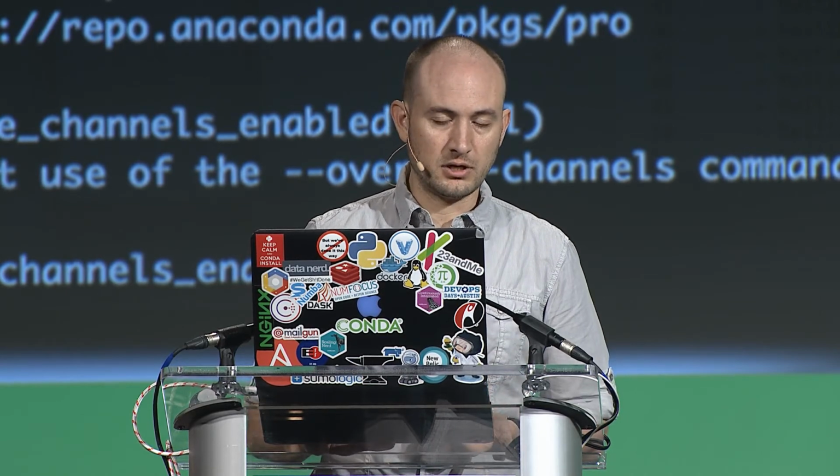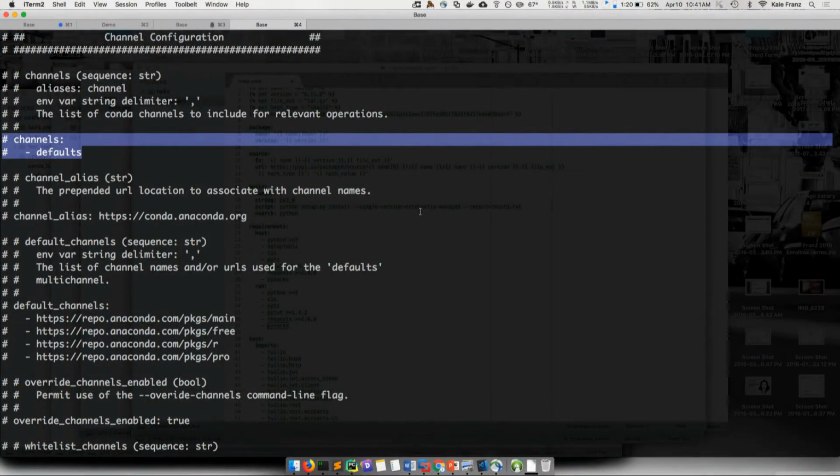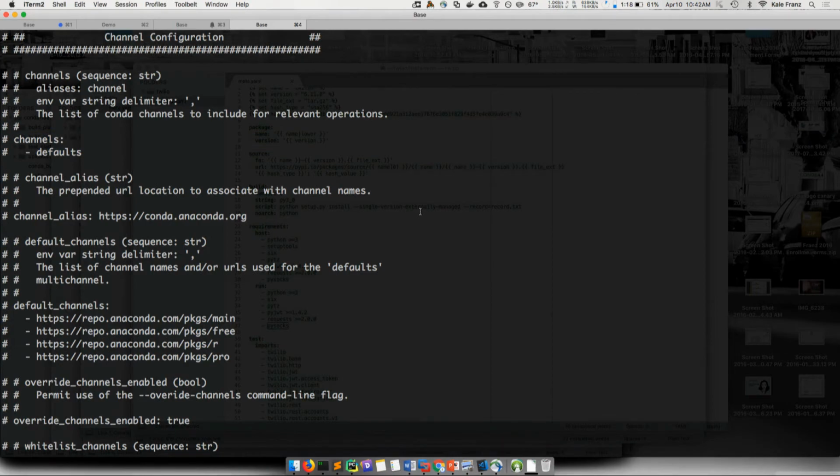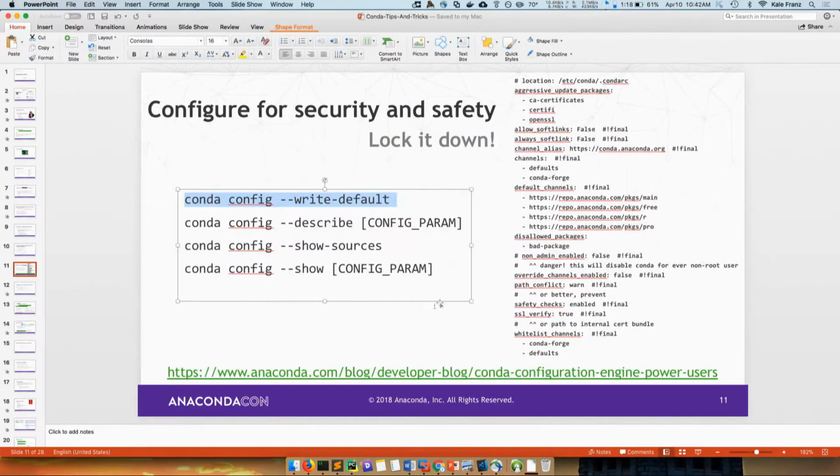That's why we have the string delimiter. And then you can uncomment this, and that will be the default value. This uses all the default values, and that's the format here. You can put this in your .condarc and have a pre-baked, ready to go, fully default .condarc that you can then start tweaking and customizing.